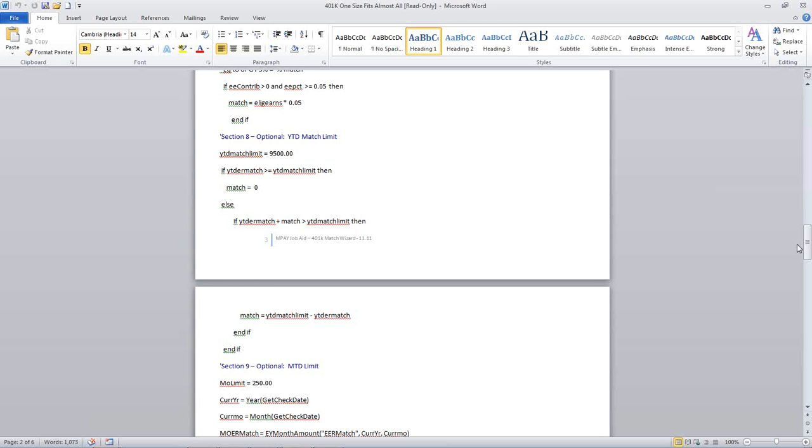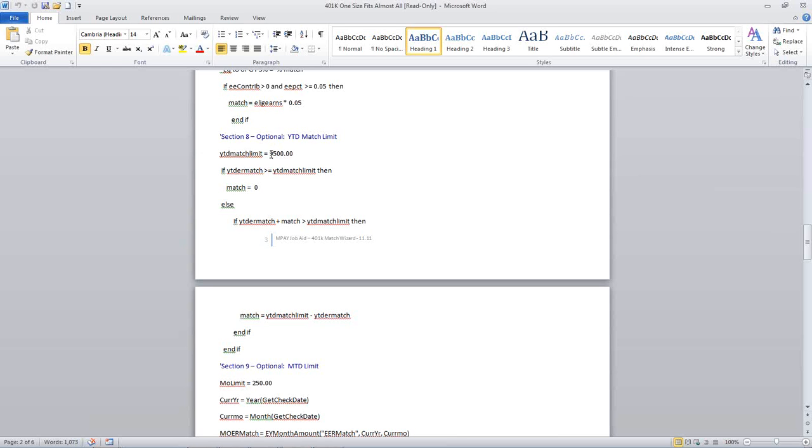Some of them do not, so a lot of times you'll put a year-to-date match limit in here, and they'll match more aggressively, and the employee will get to the year-to-date limit quicker. So there can be conditions where this will be necessary. So this is based, again, on the questions that you asked the client in the beginning, one of them being, is there a year-to-date match limit? If there is, you simply need to put in what the number is.